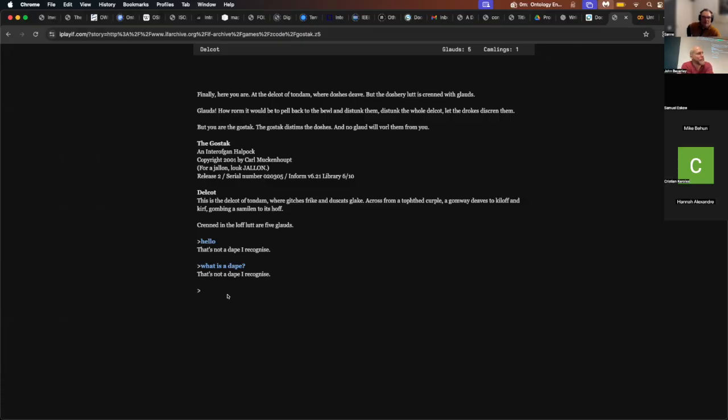In traditional games, you'd say things like move right in the dungeon, move left, open this box, do something to this Glaud, avoid a Camling. I actually don't know what the Camlings or the Glauds are. We get to ask questions and sort out what exactly the meaning of these sentences is. You might say things like